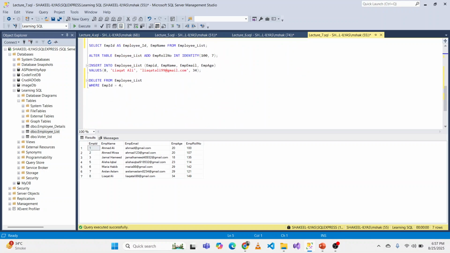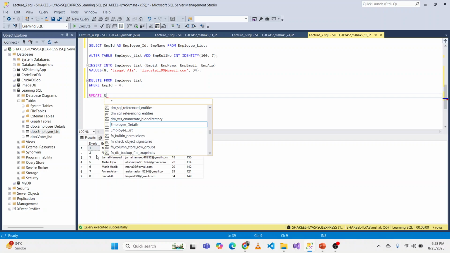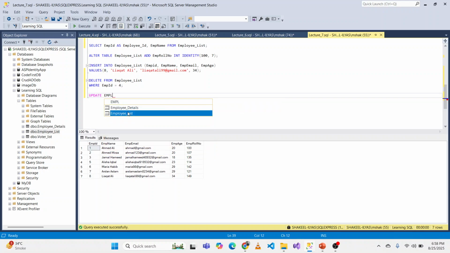And if we want to update any record, like I want to update Jamal Hamid to Shakil Ilyas, so I will update this record. I will use update. You can see Jamal Hamid's id is 3. So update employee list, and I can use set